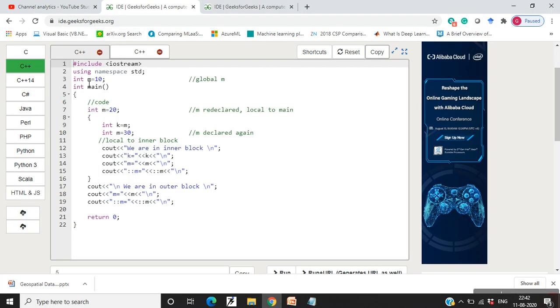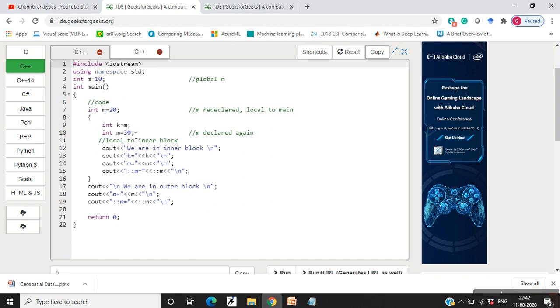See, we have declared m globally over here as 10. We also have m in this program which has been assigned as 20 within this scope. Again you have an inner block over here where you have declared m to be 30. Now when you assign m's value to k over here, we have already initialized m twice, once as 10, the other time as 20.